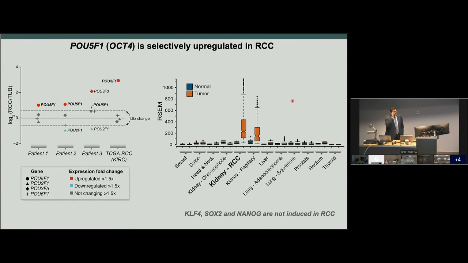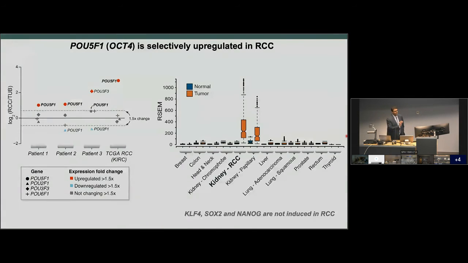So we went back and asked, in our tumor samples, we saw that consistently OCT4 was actually upregulated compared to the tubule samples. No other family members were actually upregulated as well. And then if we look at a much larger cohort, almost 500 tumor samples from kidney cancer versus matched normal control, you can see that the OCT4 gene is actually upregulated fairly consistently in kidney cancer, actually also in papillary cancer, but not in a variety of other epithelial malignancies.